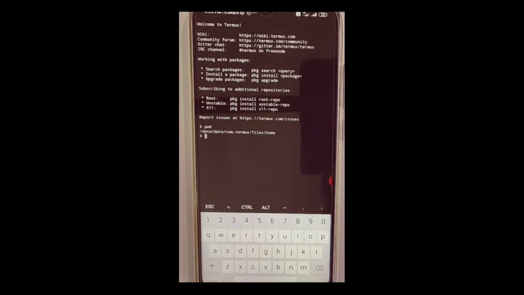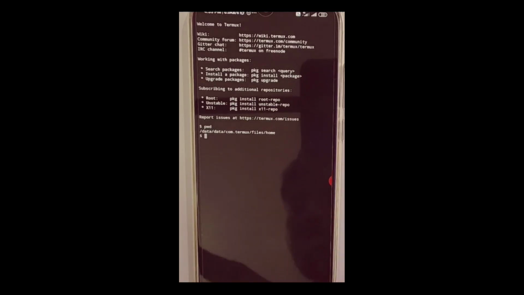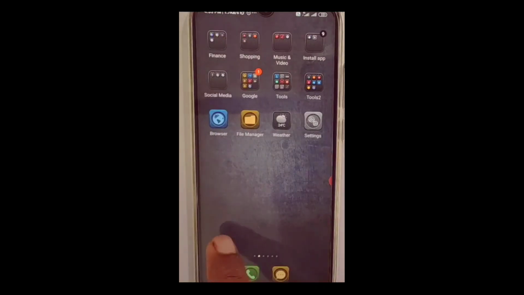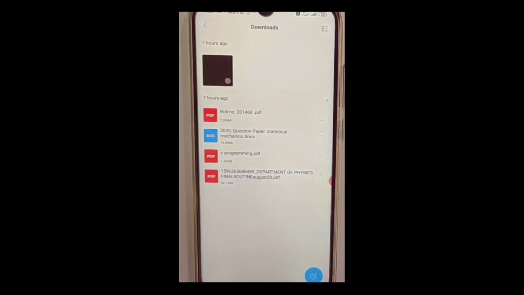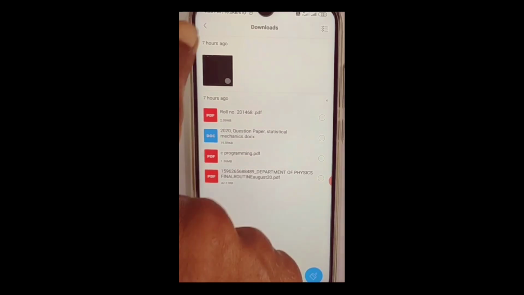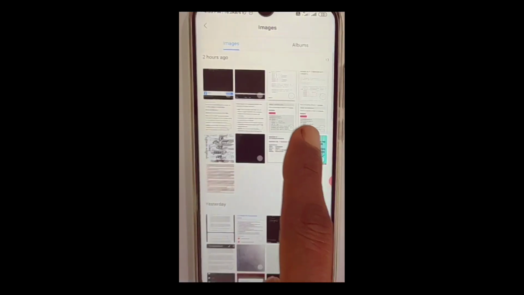For them, I can tell you, suppose you open the file manager and different folders will be there, suppose downloads, those things. You can see downloads, there is a path.